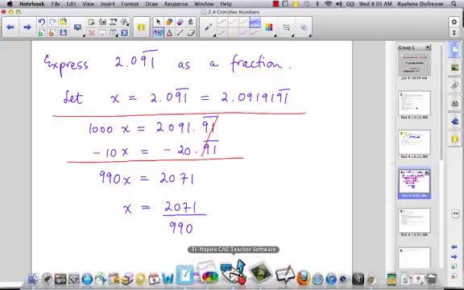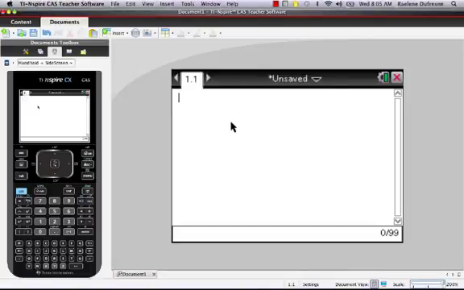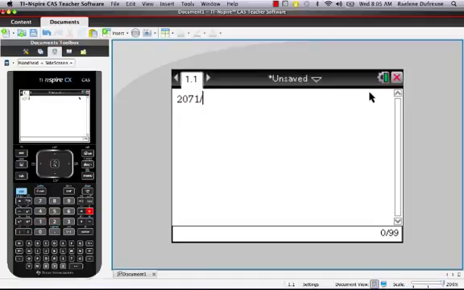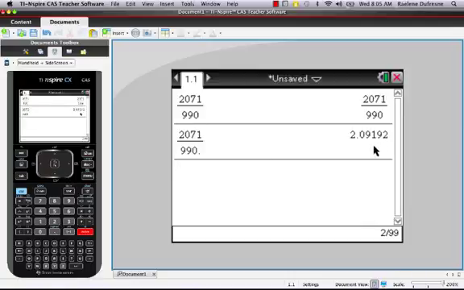Let's just go to our graphing calculator program and confirm. So let's enter our fraction 2071 divided by 990. If I just enter that, I can see it tries to give me the fraction in reduced form. But if I put a decimal place in one of the digits, then the calculator will approximate this. And it'll approximate as a decimal, and I can see 91919191. If I change the number of digits in my expression, then I could see this going on with more 9191s